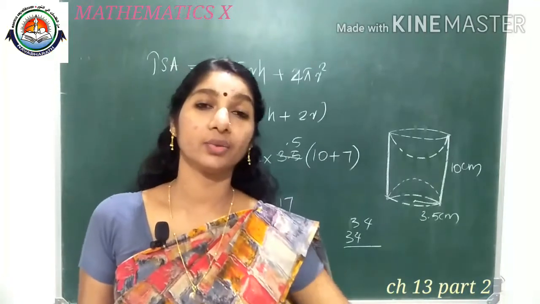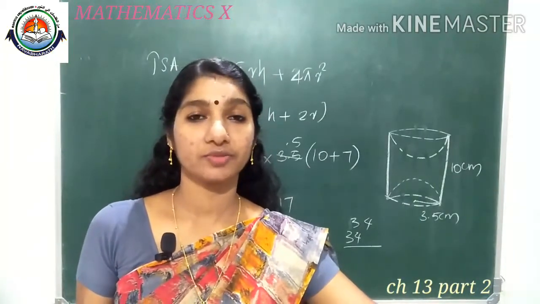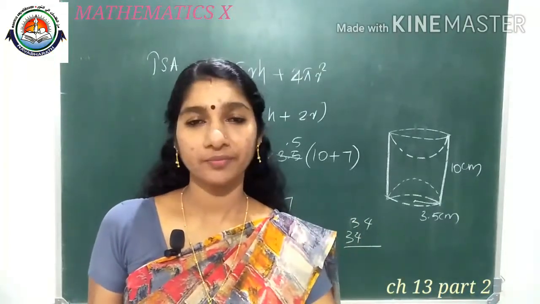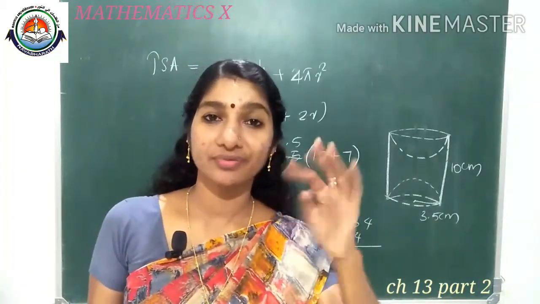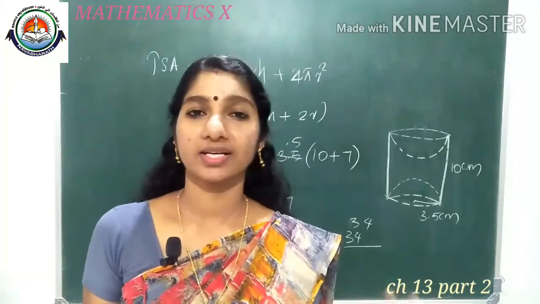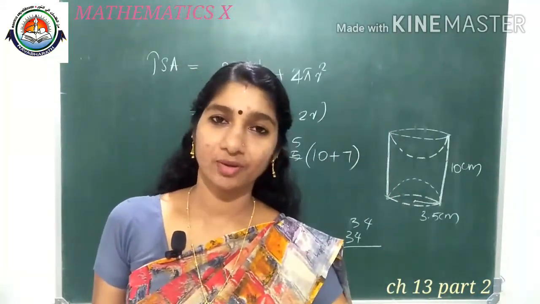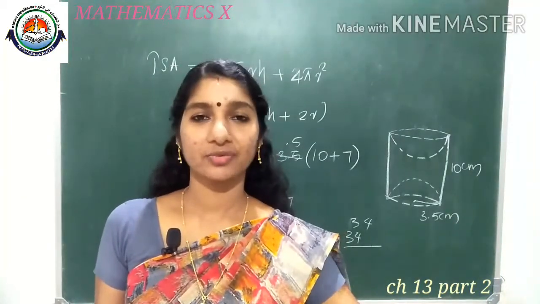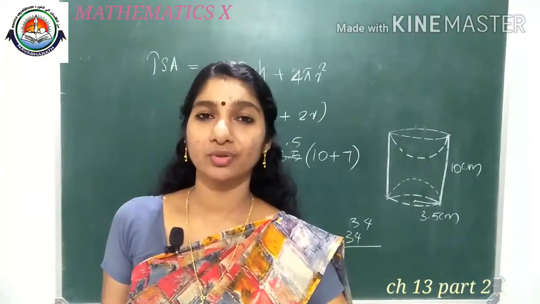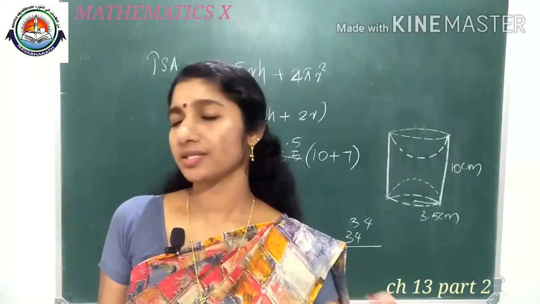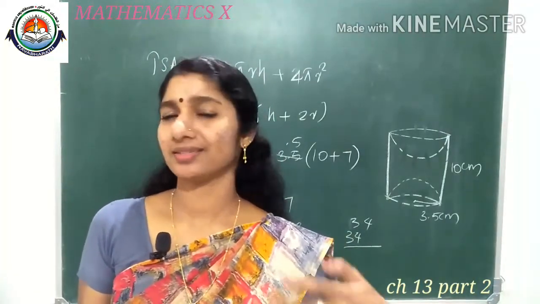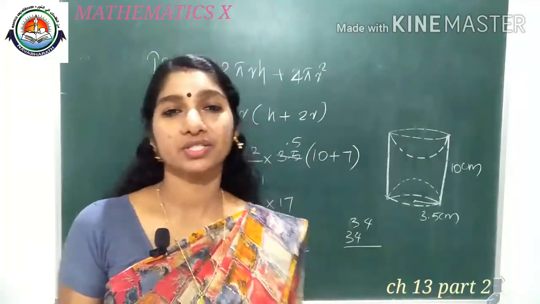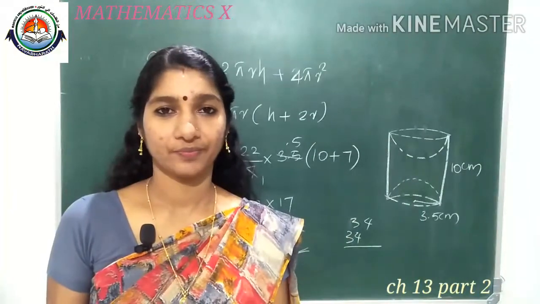Okay. So, how we are doing this total surface area of this new object? We are just thinking about the object, how this new object is formed, and we are thinking about the surfaces and their areas we are just adding. That much only about surface area of combination of solid shapes. Okay, so that's why I told in previous class, you have to know how this equations formed. Don't simply by heart the total surface area of this one, curved surface area of this one, like that. Just to know how it is formed, then you can make the equations for this combination of solid shapes also.